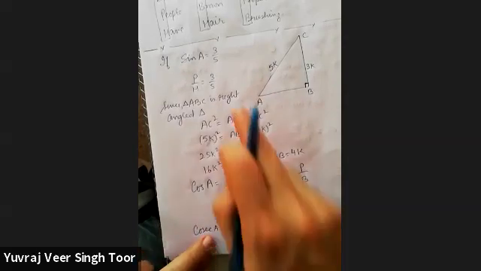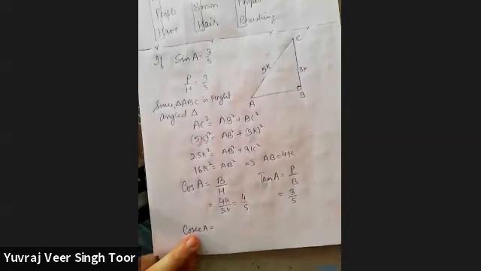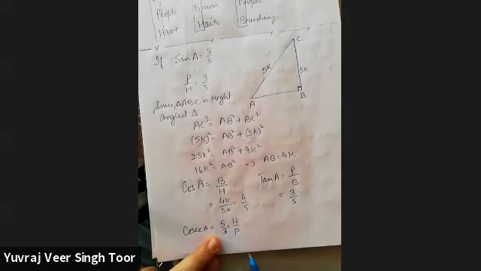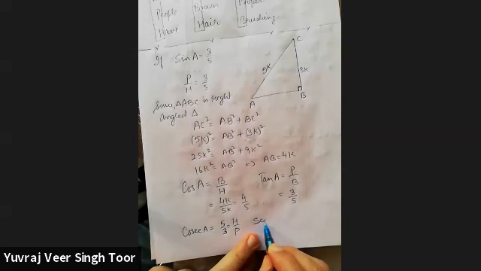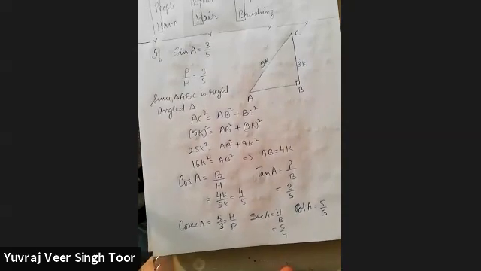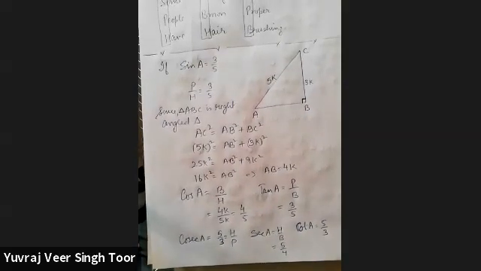It is the reciprocal of sine A, that is 5 by 3. You need not calculate anything, but you should remember it is a reciprocal. You must write H by P. Sec A, that is H by B, is 5 by 4. Then cot of A, the reciprocal of tan, is 4 by 3. So if you know one trigonometric ratio, you can find the other 5 ratios. So this is how they are